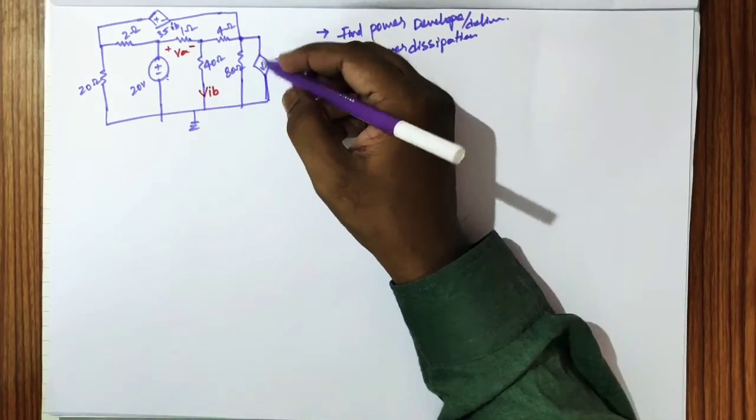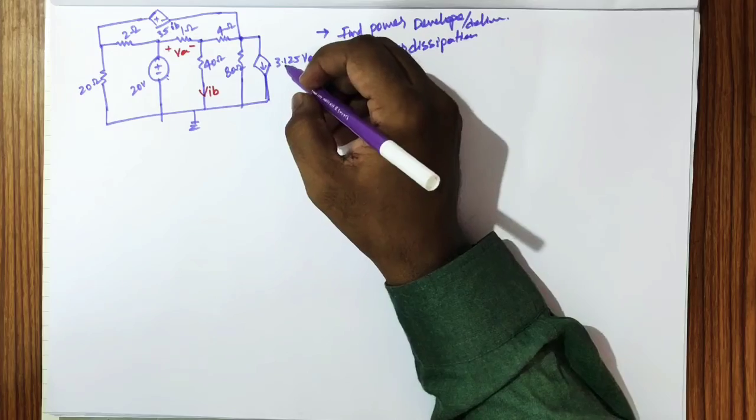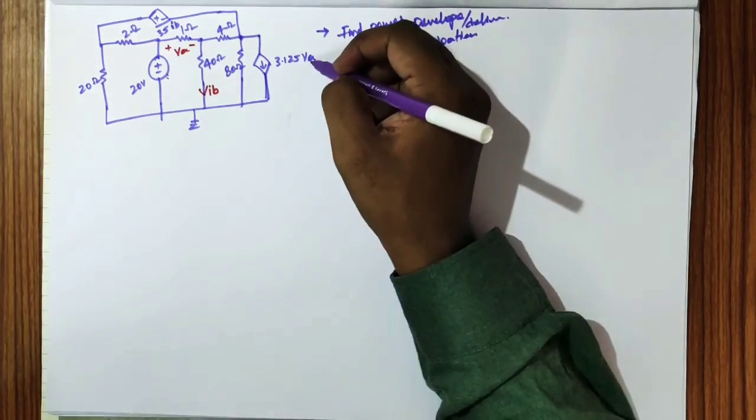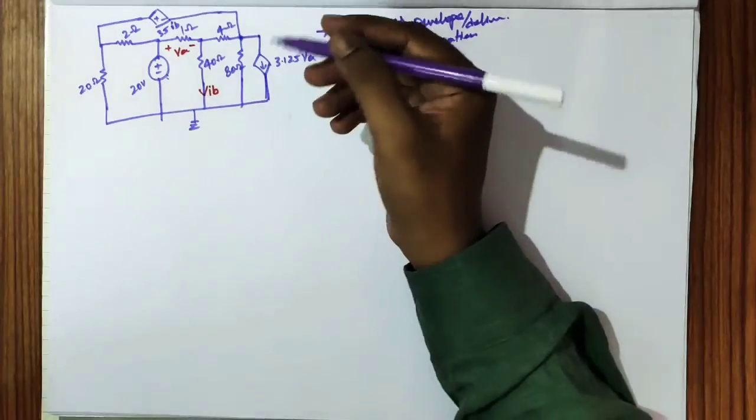So why this happens is, in some cases we don't know why this VA, the voltage across this inductor, will act as